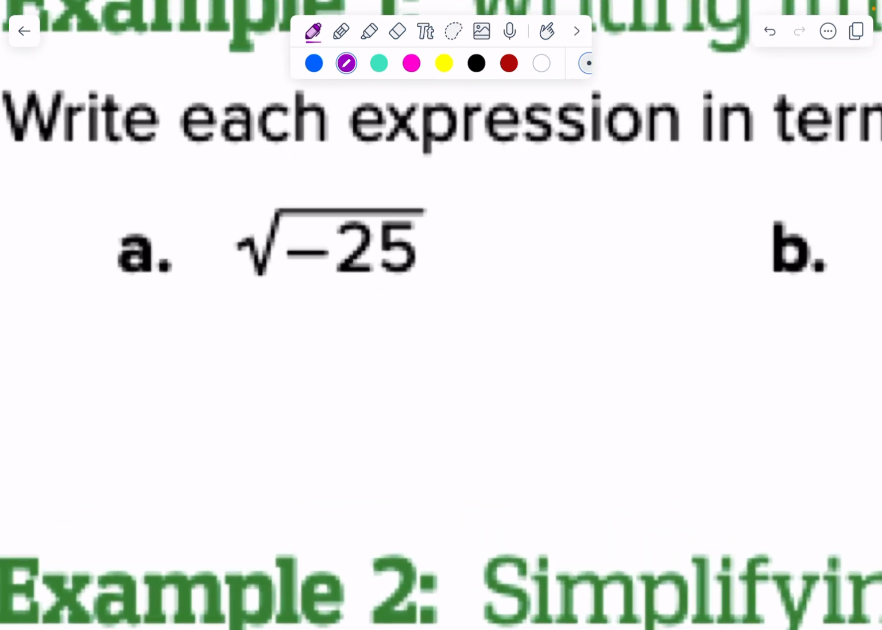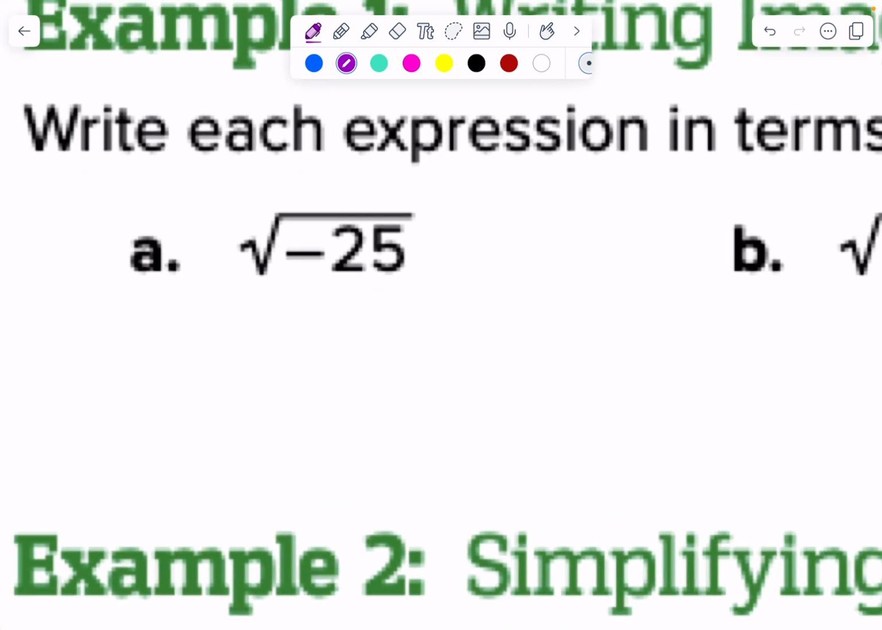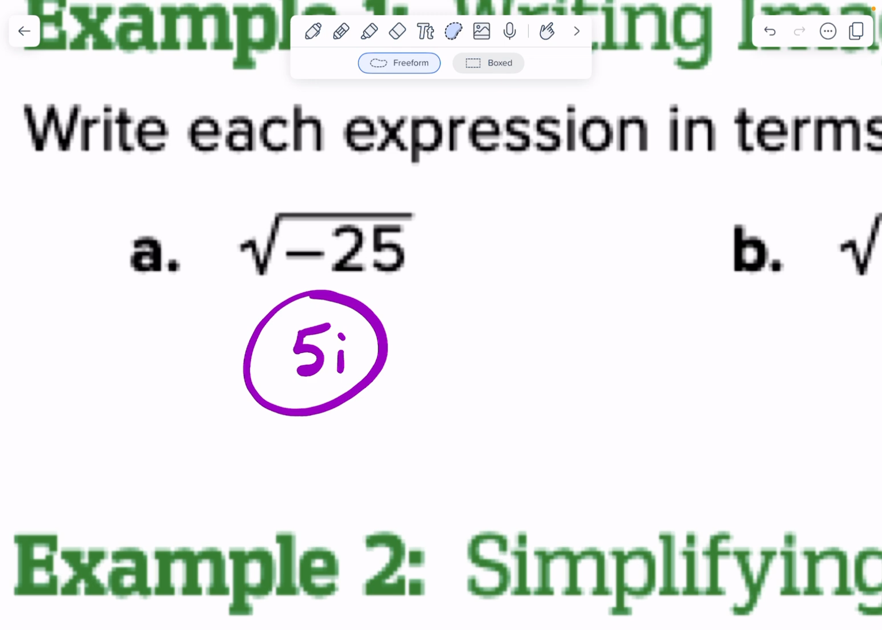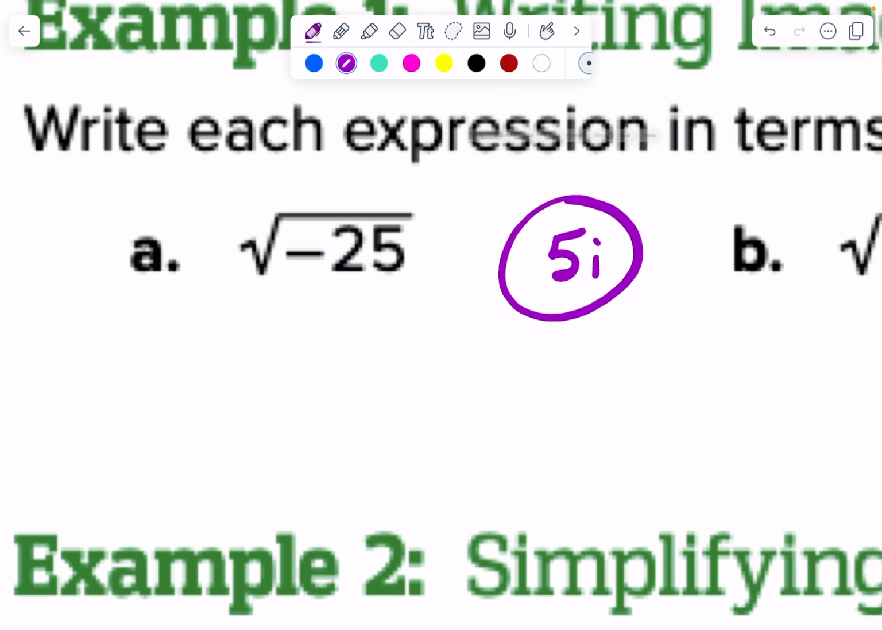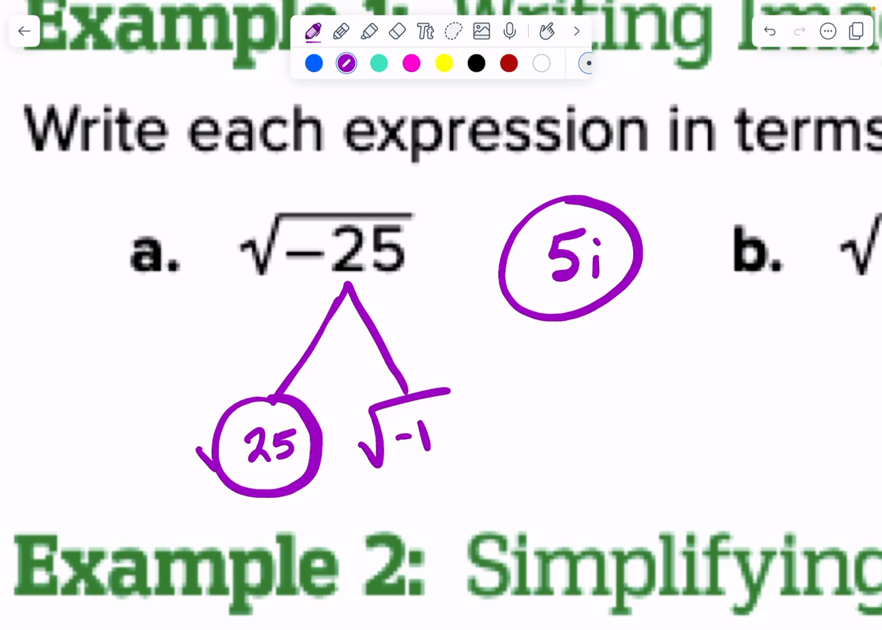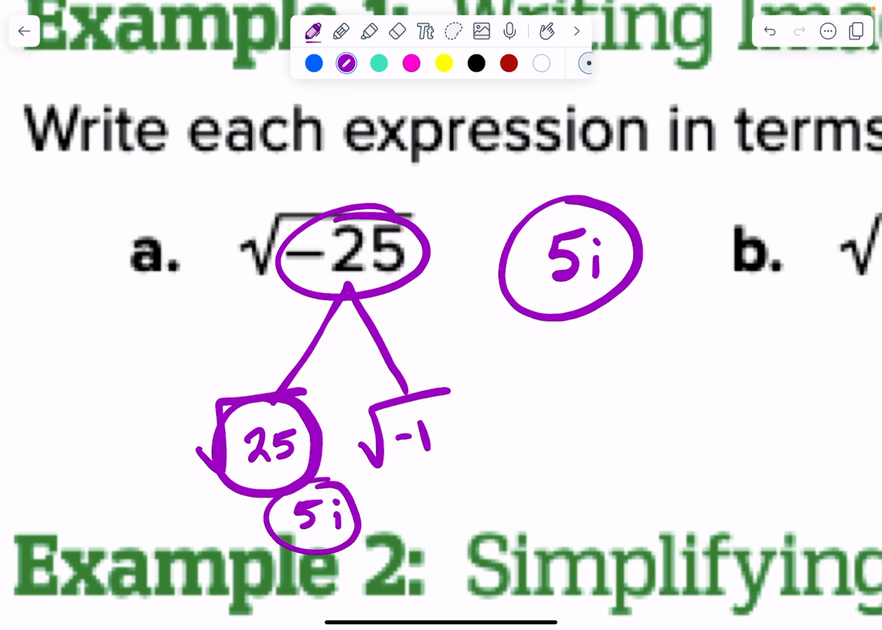All right, let's go down here. Rewrite each expression in terms of i. I know that the square root of 25 is 5, but I know the square root of a negative has to be an imaginary number, so 5i. I don't know if it helps you or confuses you more to do the whole breakdown. You look at me and you're like, what does that mean? 25 times a -1 gives me -25, but the square root of 25 is 5, and the square root of -1 is i. So if you want to look at the whole breakdown of it,